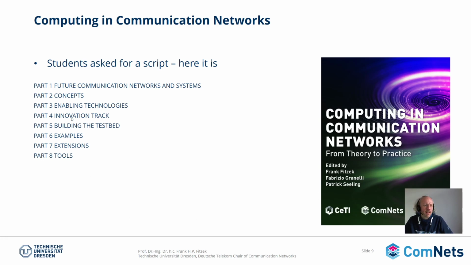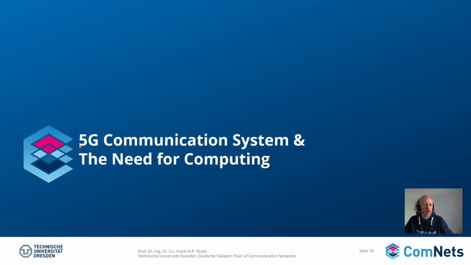The book itself has 8 different parts, going from the future communication networks and systems, explaining a little bit the background, then dealing with new concepts and enabling technologies, also looking at what we think is innovation. And then in part 5, we explain our ComNets emulator, our own testbed. Then we go through some examples and extensions and tools that you might want to use in this course. Okay,